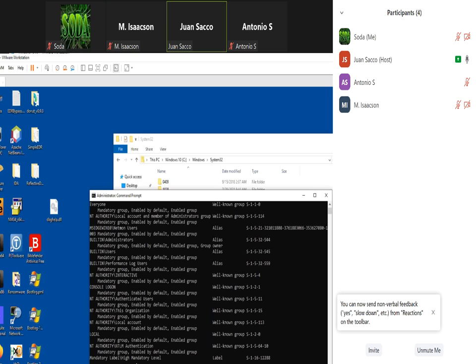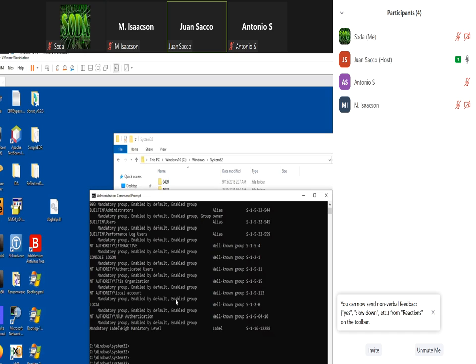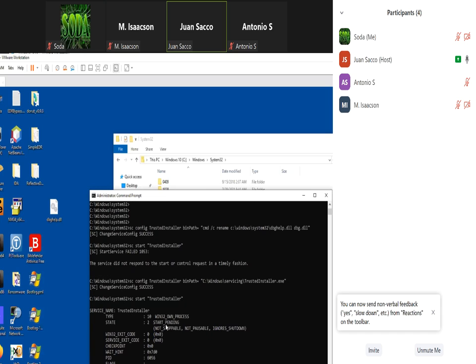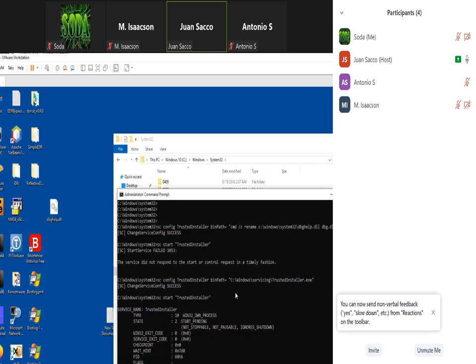So basically, it's a user with a high mandatory level access. So it's having an admin, not system or anything like that. So boom, we start the service, and now if it was successful, then this one is gonna be replaced like that. So as you can see, now we have it, and then when we do